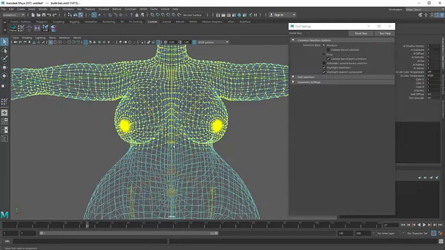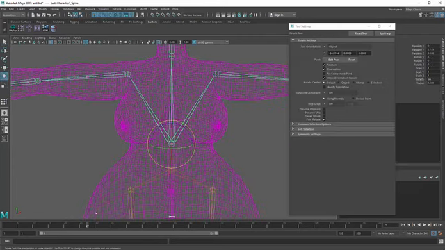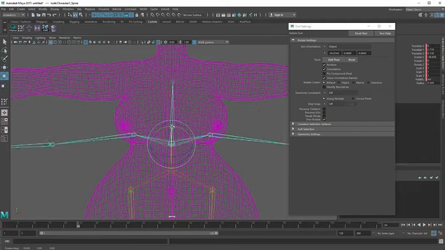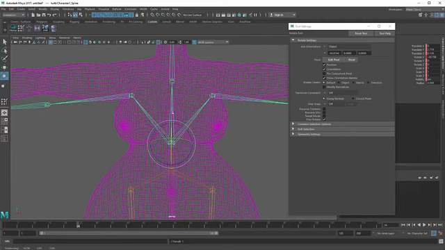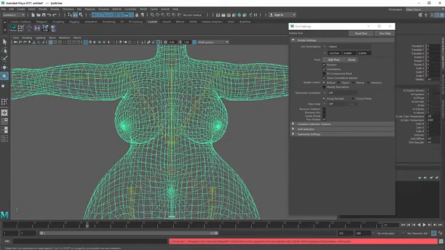So hit F8 to go to the object mode and hit E to rotate it, and now create keyframes. So hit S here, and as you see, the connection between the joints and your model mesh has gone. So to fix it, you should hit Ctrl Z. Now I'm going to tell you what happened, because I mistakenly selected this joint and painted it with the paint skin weight. So hit Ctrl Z